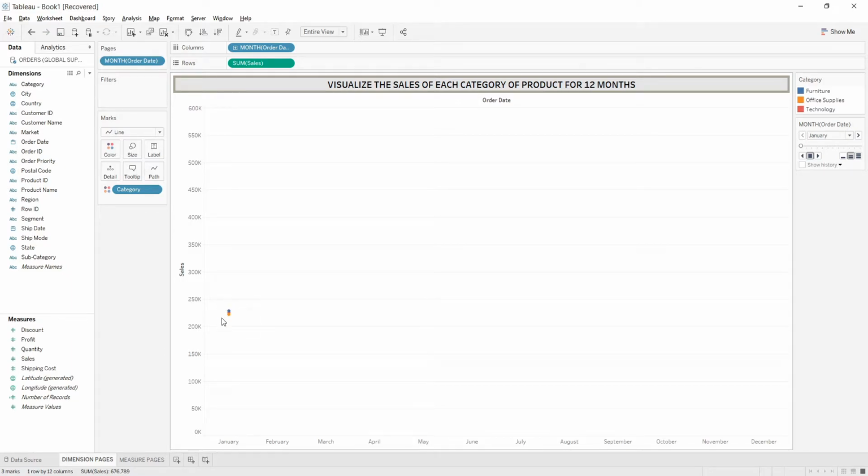You can see that the dots are very small in size, so I am increasing it and converting it to circle, and now you can clearly visualize the dots. The line is converted to dots because pages would divide your view into a set of pages that are mentioned in the pages card. Here I have mentioned that the view should be divided among pages of months, so you can see order date data, which is a dimension, would be shown in pages with all its discrete values as different pages in it. So we can select the distinct page directly,